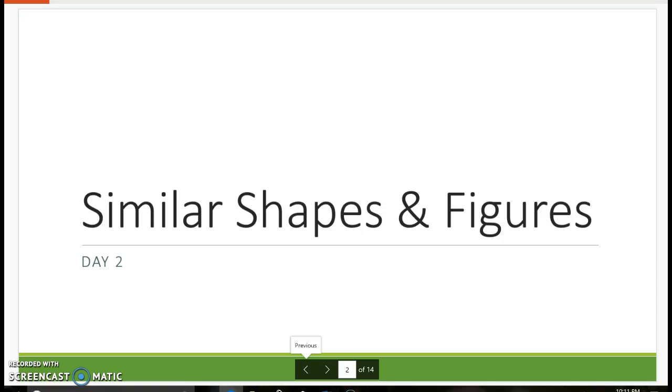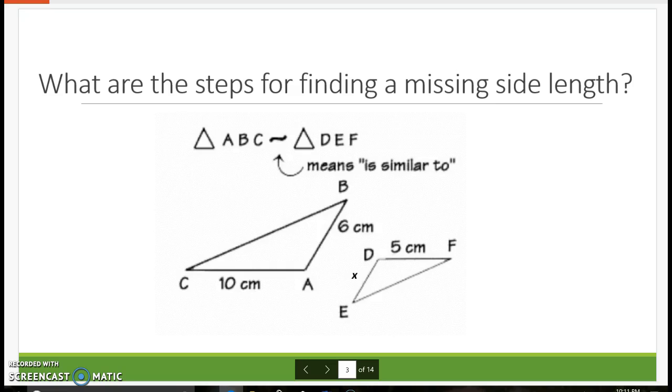Okay guys, so today is the second day that we are doing similar shapes and figures. So yesterday we learned the steps for finding a missing side length, right? So we went ahead and used our colors to identify corresponding sides, and then we set up a proportion. So with this example,